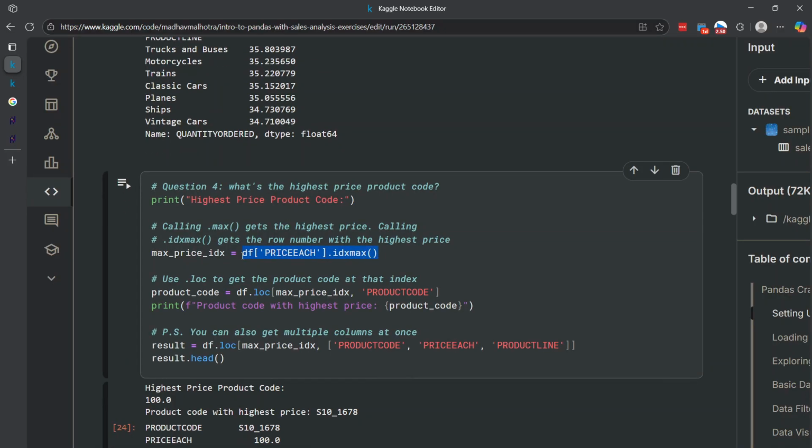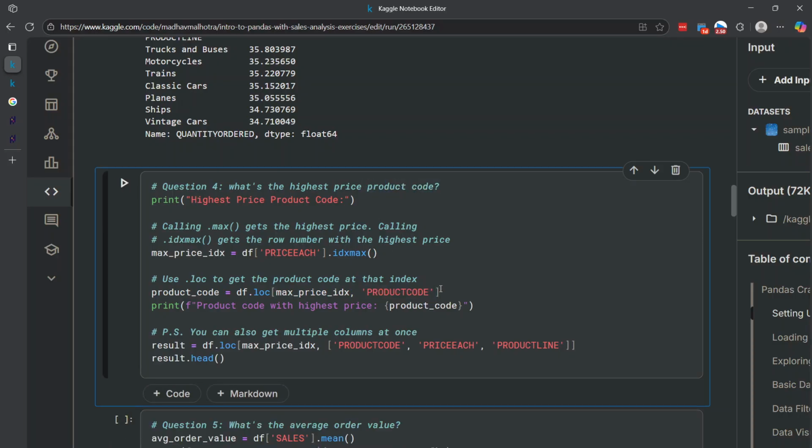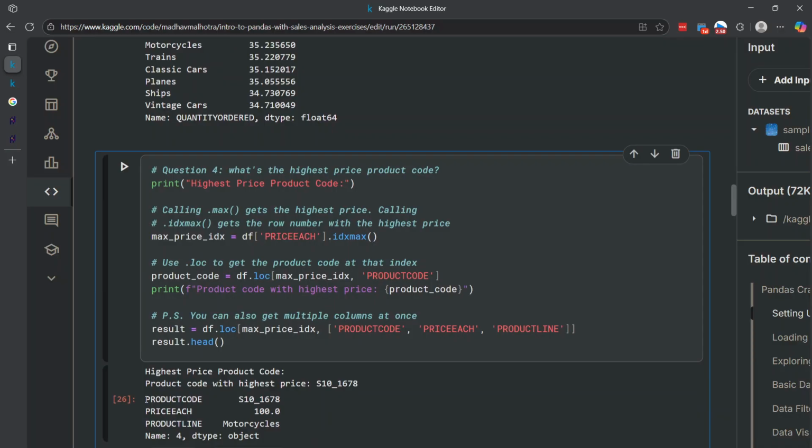Once we have the row number of the row with the highest price, and we can see that because we were only checking the max operation on the price each column, then we can use it with the loc function. So the loc function is taking in a row number here, and then it's taking the column name we want to see. So we want that highest price row, we pass in that row number, and we want to look at the product code associated with that row. Once we run this, we can see that the product code